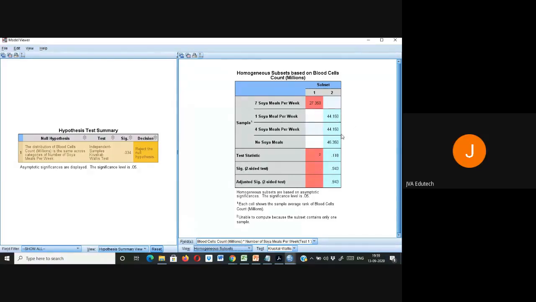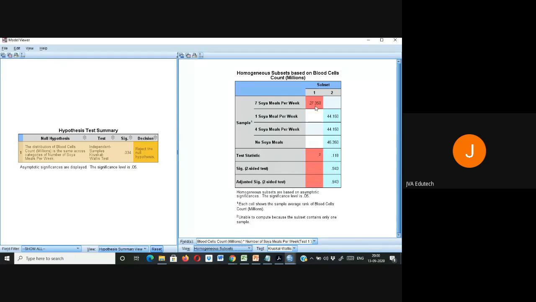They are one cluster. Means if you do it by the stepwise step-down method, then this is one cluster, and this one belongs to another cluster. And you can see that there is a significant difference. Means these three, since their values come out to be 0.943, are not different from each other. Either the person is fed on no soya meal or one soya meal or four soya meals, this would hardly make any difference to his blood cell count. But the moment he's fed on 7 soya meals per week, his blood cell count will decrease significantly.